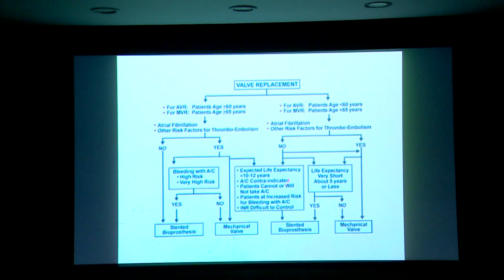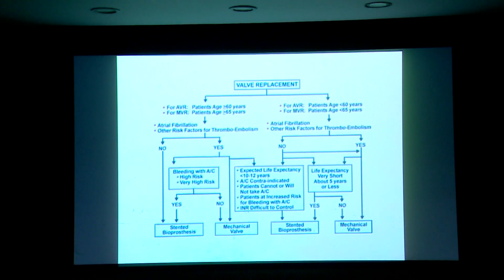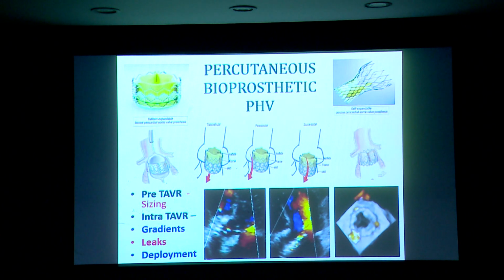The obvious choice between mechanical and bioprosthetic: at an older age you go for bioprosthetic valves. This is because they don't require anticoagulation, and the elderly may not be able to tolerate anticoagulation. Also, structural valve deformity or dysfunction or degeneration is lesser in the elderly group than in the younger group. So by and large, more than 60 is bioprosthetic, less than 60 is mechanical. There is a middle chunk of people that we need to figure out what it needs to be.